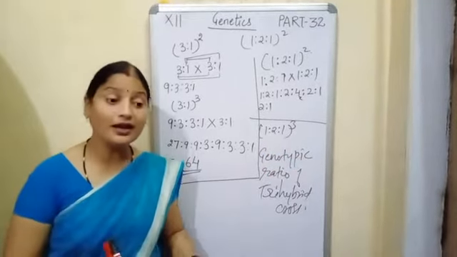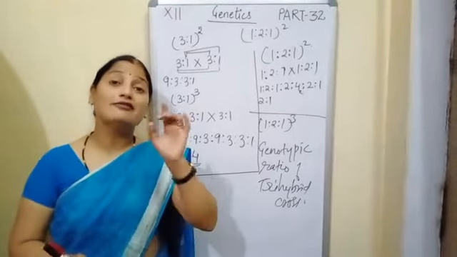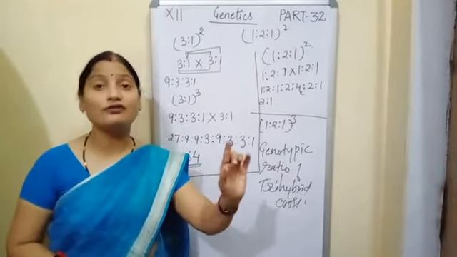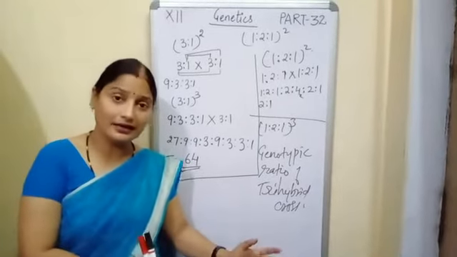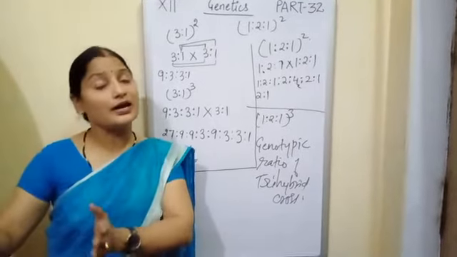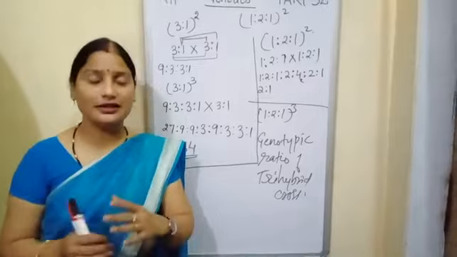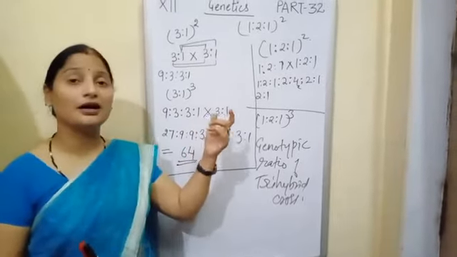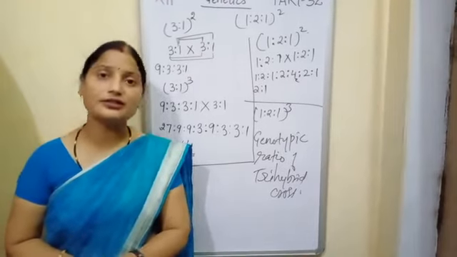And that's why a new topic arises in the chapter, that is variation in case of Mendel's law. That is, whatever Mendel had done, it was not the same for other plants and animals. Okay. So in the next unit, in the next topic, we'll take up the new topic, that is variation in case of Mendel's law.